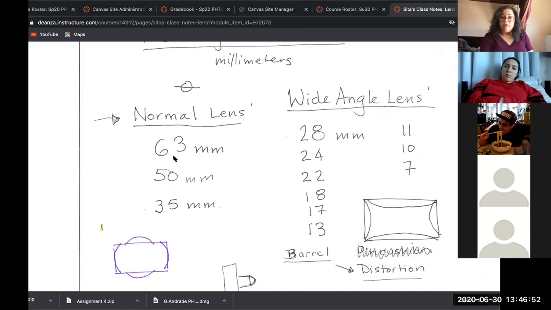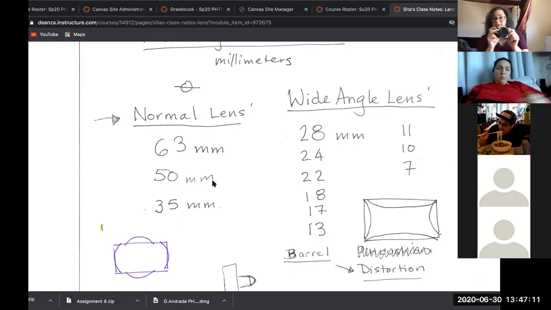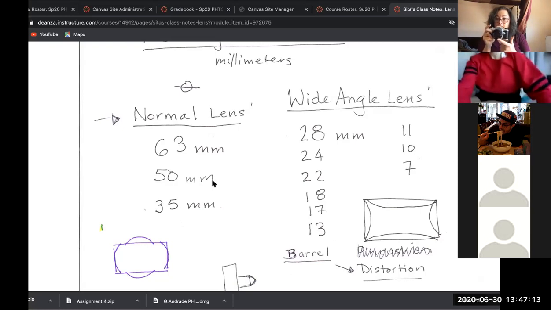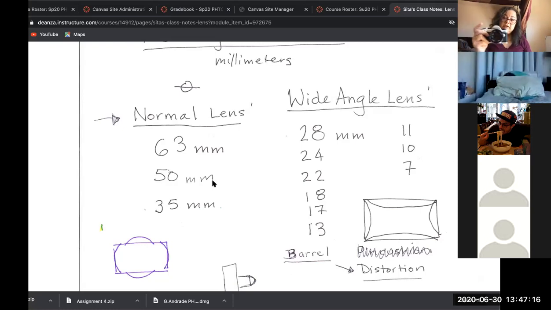In the past, the most commonly seen focal length was a 50 millimeter lens. So if you went out to buy a camera that came with a lens, and generally in the past, if you bought a body, you bought a lens with it, hopefully. And the lens that came with it was almost always a 50 millimeter lens, as you see on this camera. So that's the most commonly seen